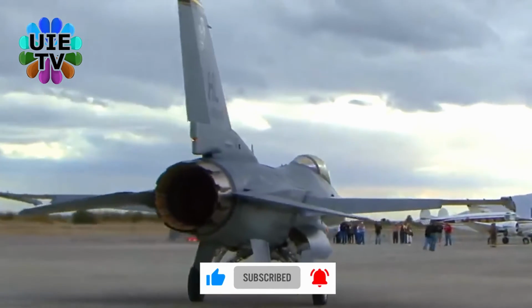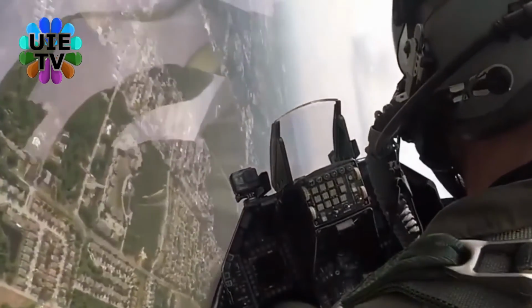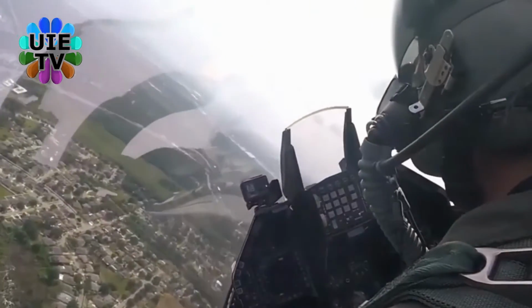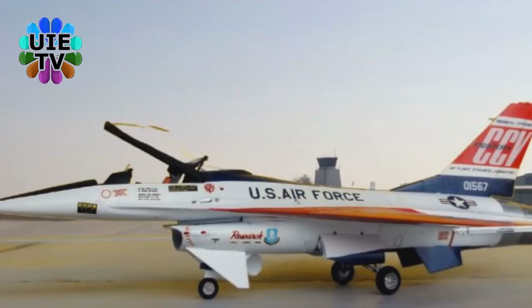F-16CJ/DJ Block 50D/52D. An unknown number of Block 50-52 aircraft have been delivered to the USAF modified to perform the suppression of enemy air defenses (SEAD) mission, replacing the F-4G Wild Weasel aircraft. These were unofficially designated